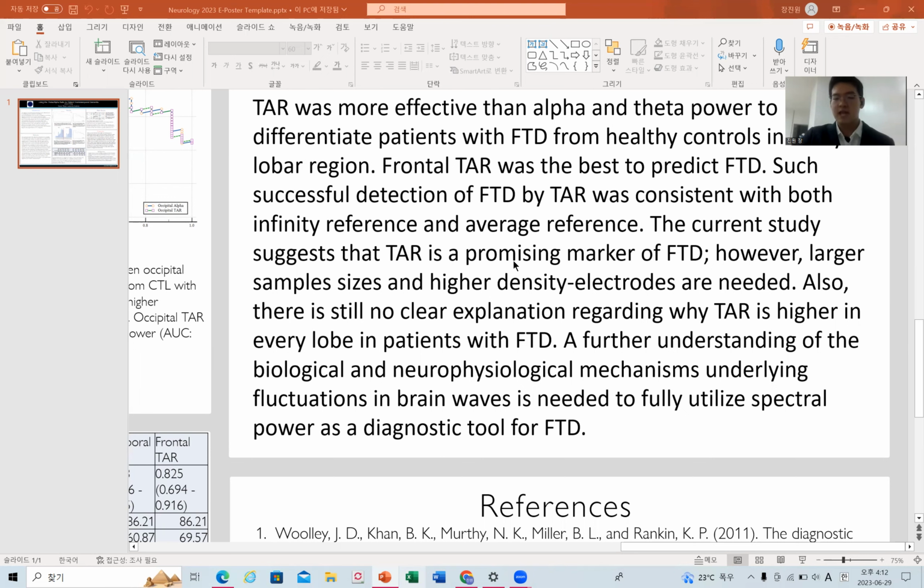So a further understanding of the biological and neurophysiological mechanisms underlying fluctuations in these brain waves is needed to fully utilize spectral power ratios such as the theta alpha ratio as an inexpensive, convenient, and simple diagnostic tool for